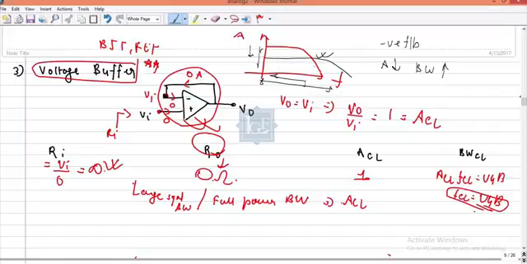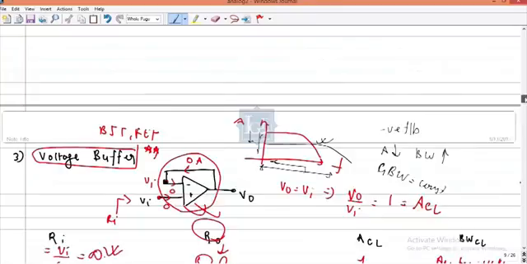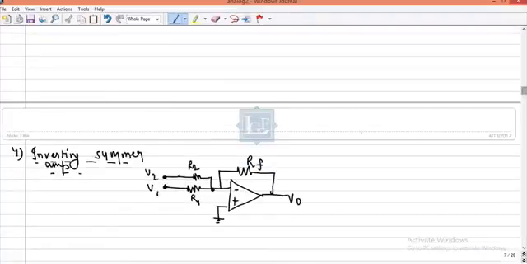The next question was, why is it so, sir? Because the gain bandwidth product is constant. That is the logic behind this question. Now moving on, so this is the voltage buffer. What the uses are, you will understand in the next sections. The next circuit that we are using is